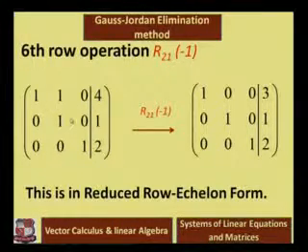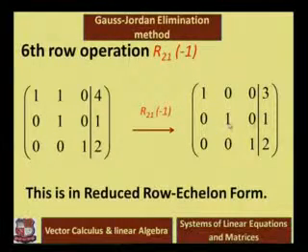Now notice the resultant matrix again. Notice the second leading one entry, except that entry must be all 0, but here the upper entry is 1, so convert that entry to 0. We take the operation R1 minus R2, and for that operation, multiply the second row with minus 1 and add to the first row. Doing that operation, we get the resultant matrix.